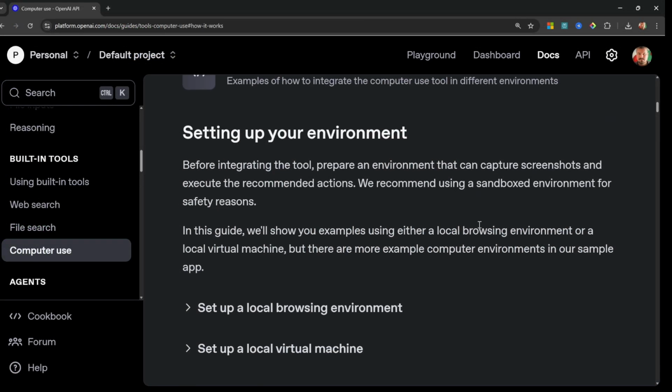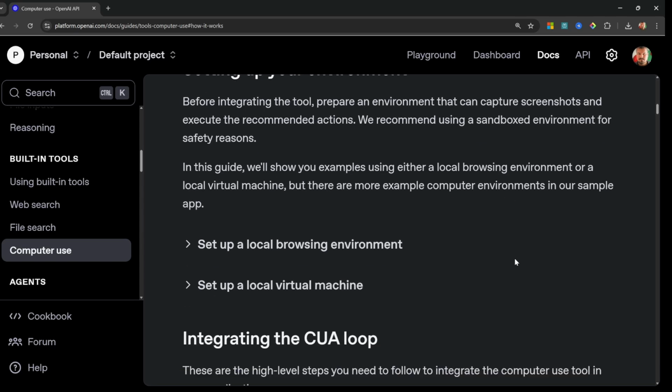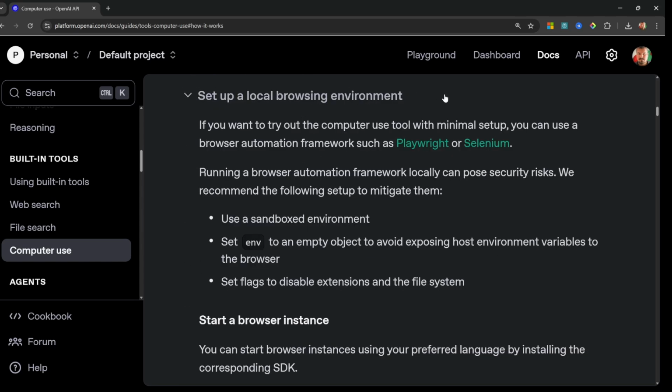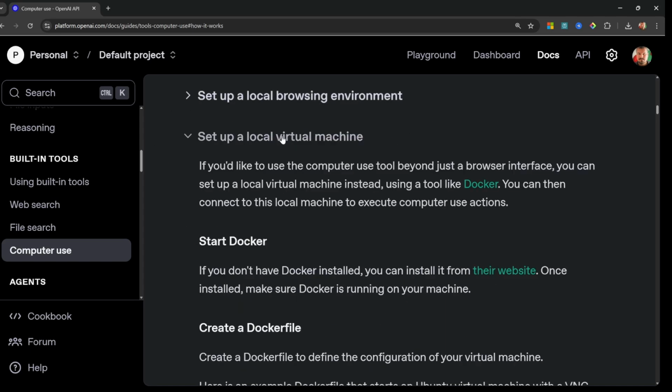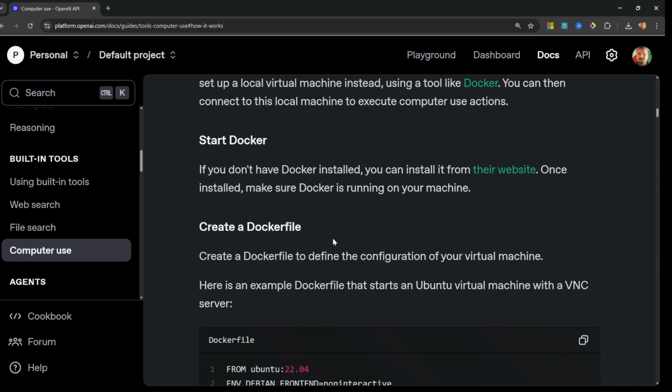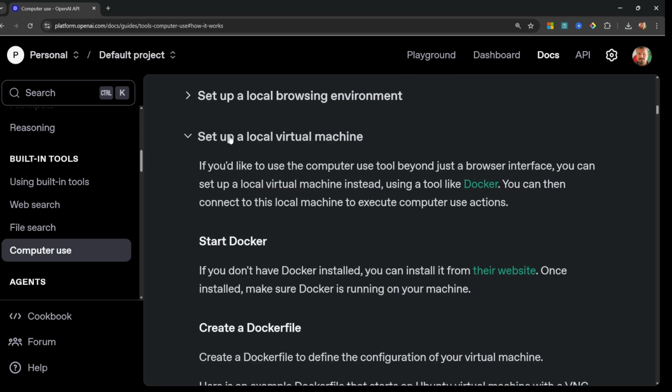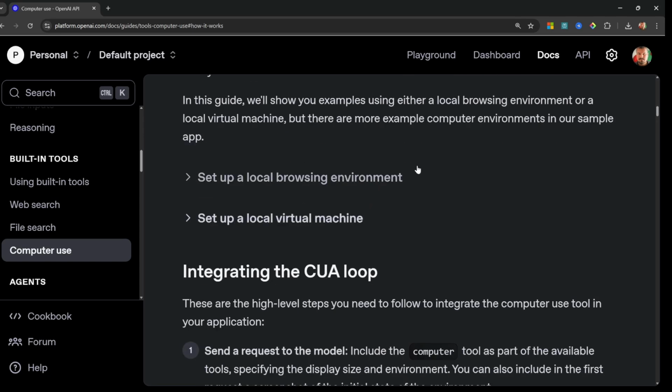So in a nutshell, how this works is you would set up some kind of environment that the agent can interact with. For example, we could set up something like a browser environment, which we'll do in this tutorial, and the agent would use frameworks like Playwright to navigate to different browser pages. Alternatively, you could set up a virtual machine and the agent could interact with the machine by executing commands. In this video, we'll simply set up a browser environment and then ask our agent to go online and perform